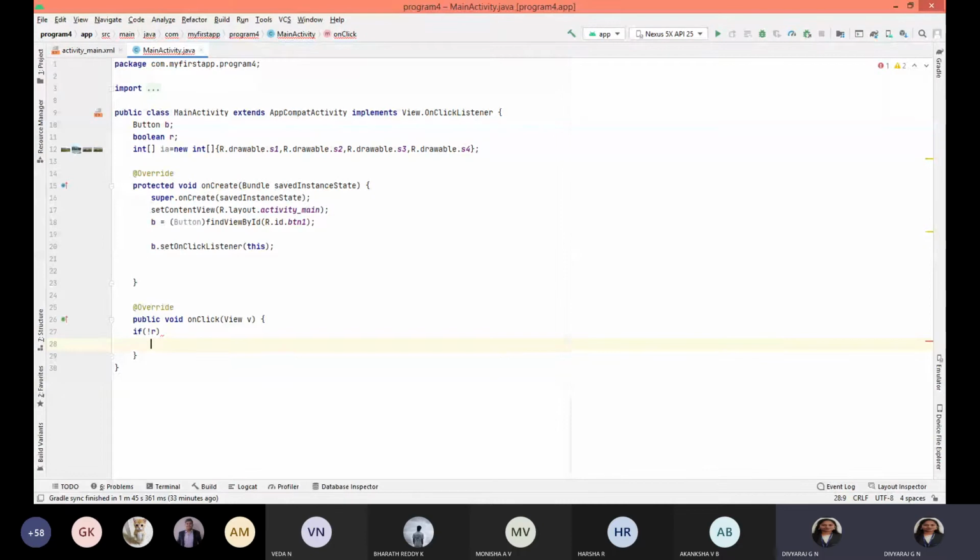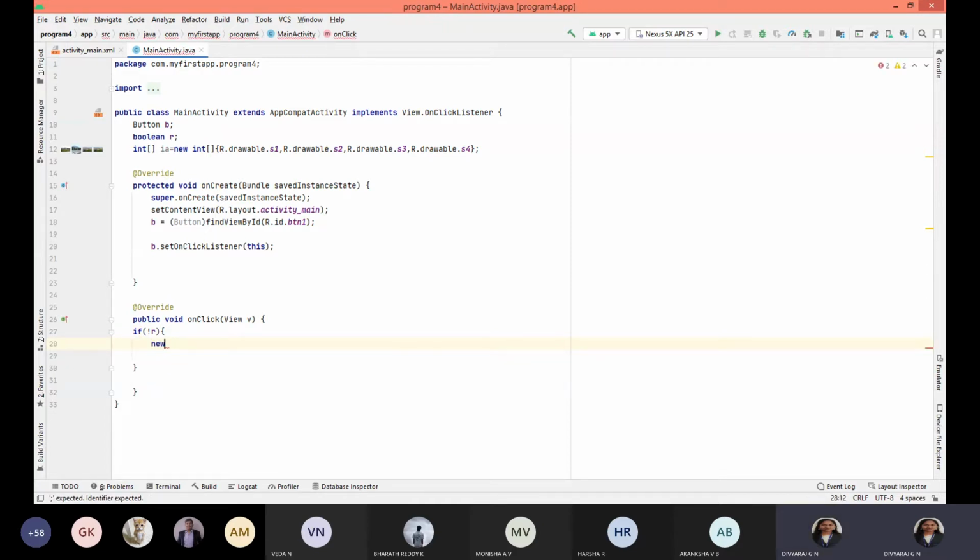If the application is not running, we need to schedule a timer. Schedule a timer is nothing but start displaying our wallpaper and give some time, so that from one wallpaper to another wallpaper it changes. So just give some delay, a second and so on. That is the meaning of this. So not R is if application is not running, schedule a timer. How to schedule a timer is, new,